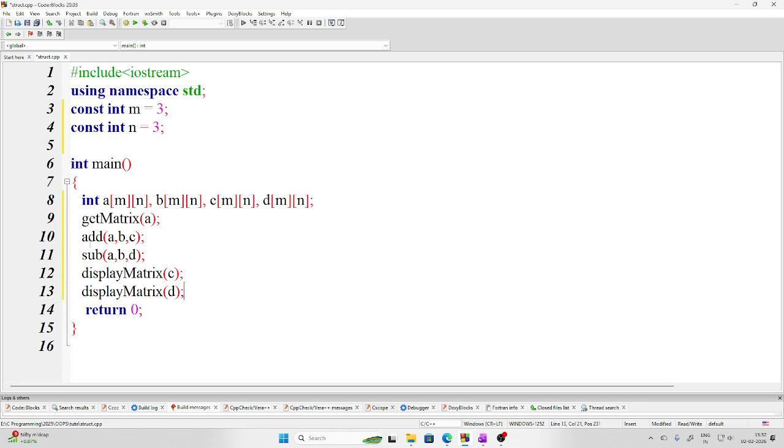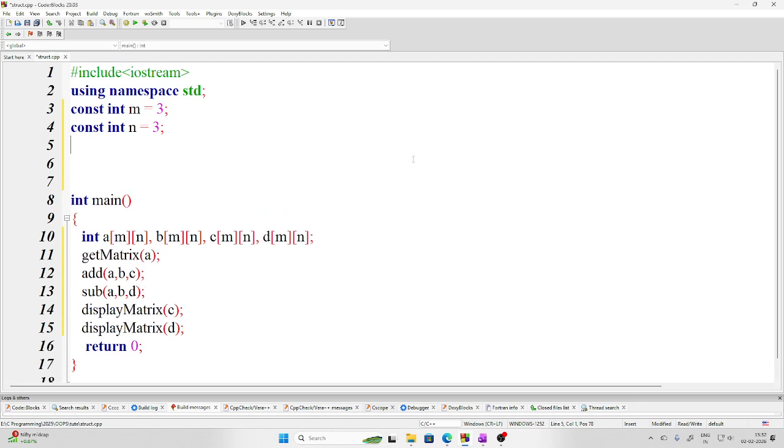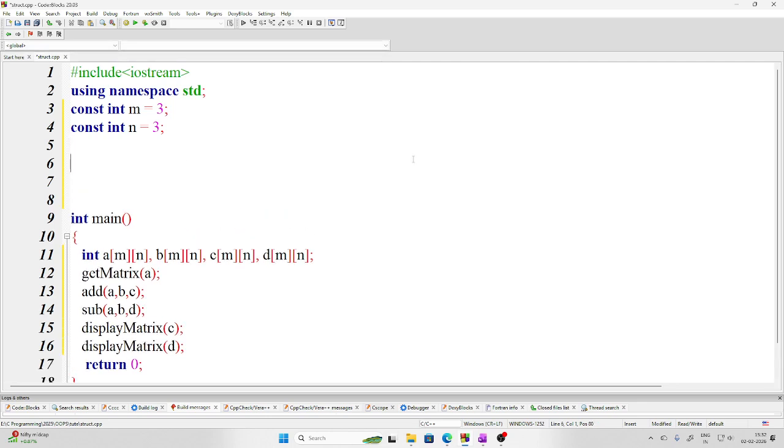What I have to do? I have to write these functions. So how to write them? The first thing is, let us write the function for taking the data or transferring the data into the matrix. So void get matrix. Okay, now it is accepting what? It is accepting one integer two-dimensional array A,